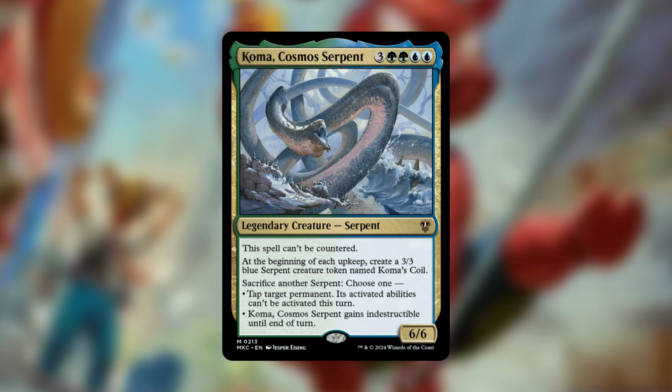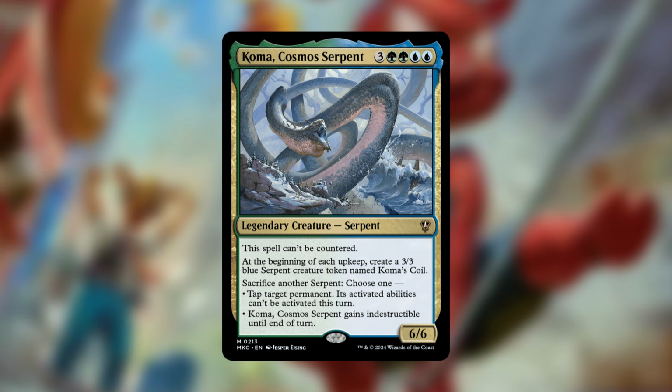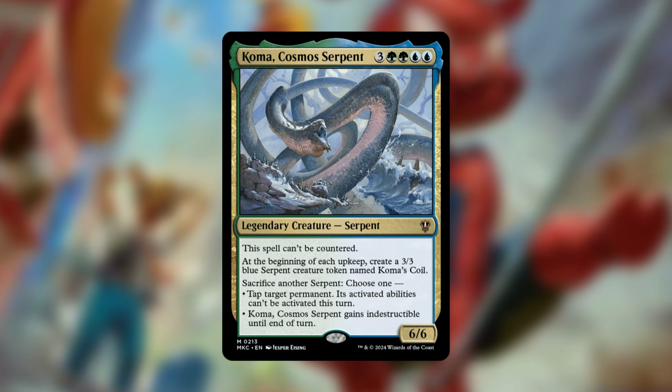Stings, doesn't it? A card like Koma the Cosmos Serpent is possibly one of the best cards you could throw in this list for many reasons. For one, it can't be countered, so people can't interact with it when it is on the stack unless they have like an exile target spell effect. However, there's a lot of uses with this card. For one, it makes a 3/3 blue Serpent creature token named Koma's Coil at the beginning of each upkeep, and